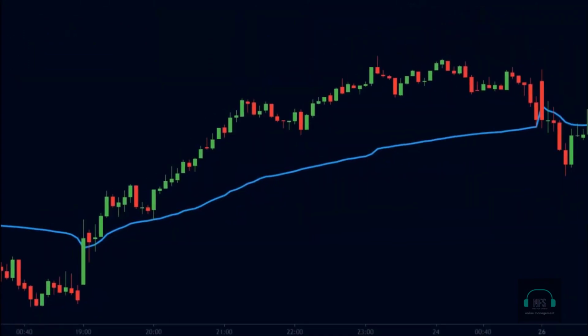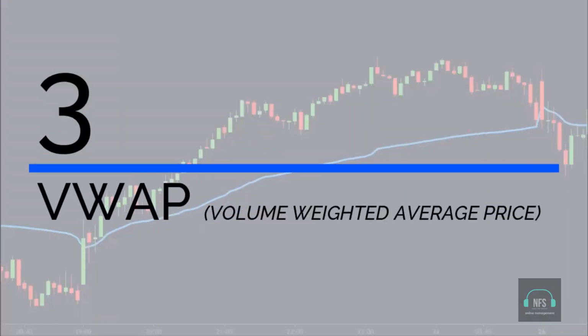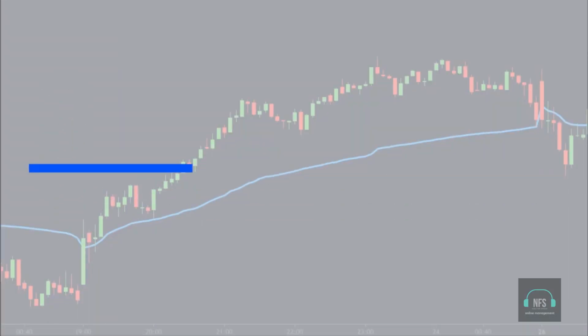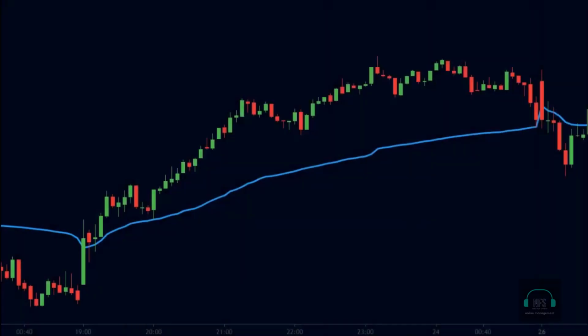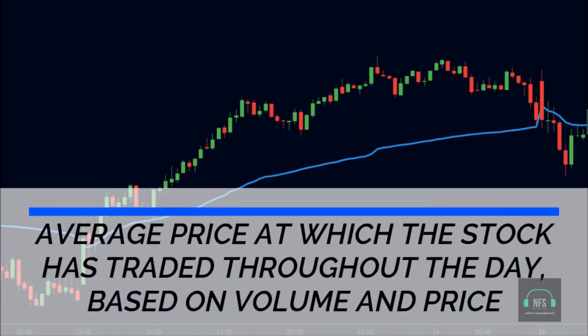Now, the third indicator is a very special indicator for those who are interested in day trading. That is the VWAP indicator. VWAP stands for Volume Weighted Average Price. The VWAP gives us the average price at which the stock has traded throughout the day, based on volume and